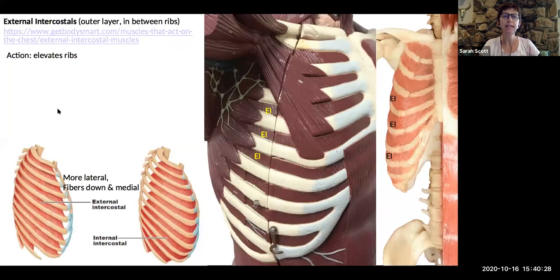All right. In addition, we're going to consider the two intercostals. And a lot of you chose to cover these on your videos. We have the external intercostals, and they run rib to rib, just as you see shown here. The fiber direction is the exact same direction as the external abdominal oblique. So as you move from superior to inferior, the fibers go from lateral to medial.